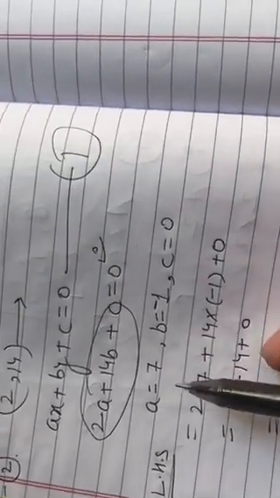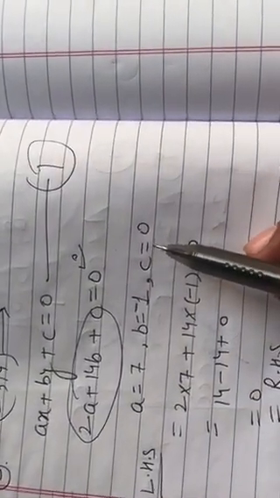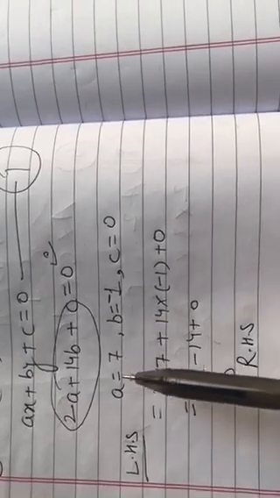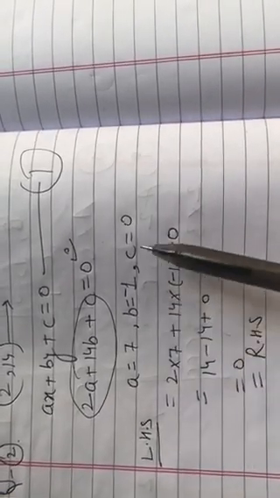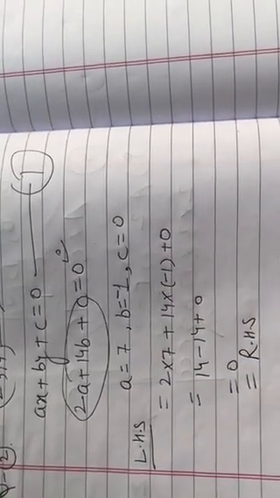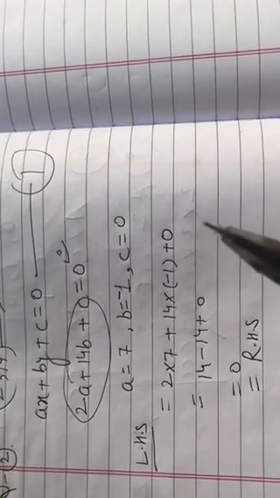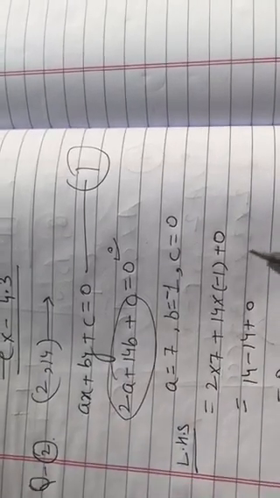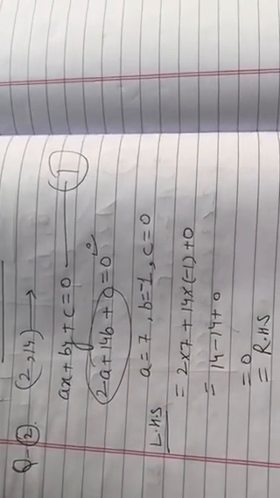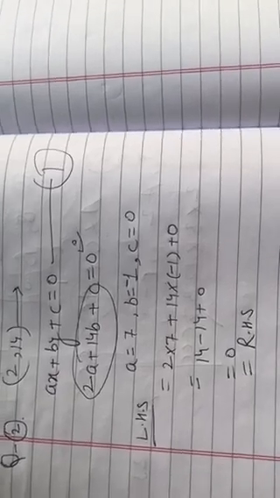If we take other values of a, b and c, we get another equation. That means it depends on our choice. If we take many different values of a, b, c, we get a new equation each time. It means there are infinite number of lines which satisfy the given condition. But we have to write only two equations out of them, and our first equation is 7x equals y.